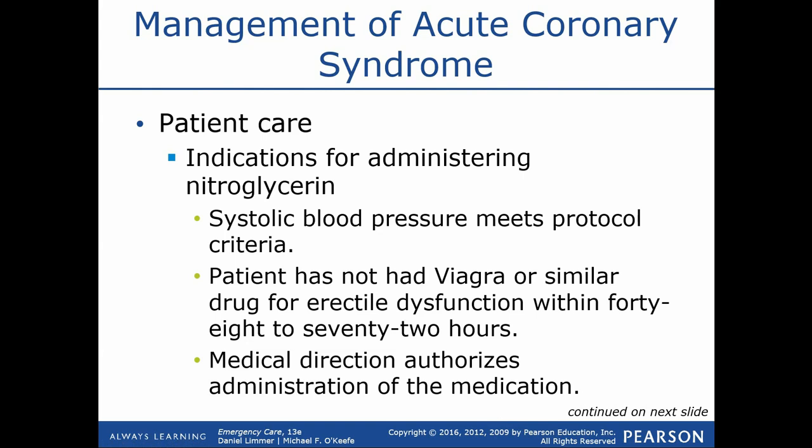Beyond the blood pressure requirements, we also have to look at, have they taken any type of erectile dysfunction medications? Viagra, Levitra, Cialis, there's a whole bunch of medications that are out there these days. And the way that those work is they actually cause vasodilation, no different than the nitroglycerin, right? The function of these erectile medications is to cause that vasodilation in the penis, allowing the patient to actually get